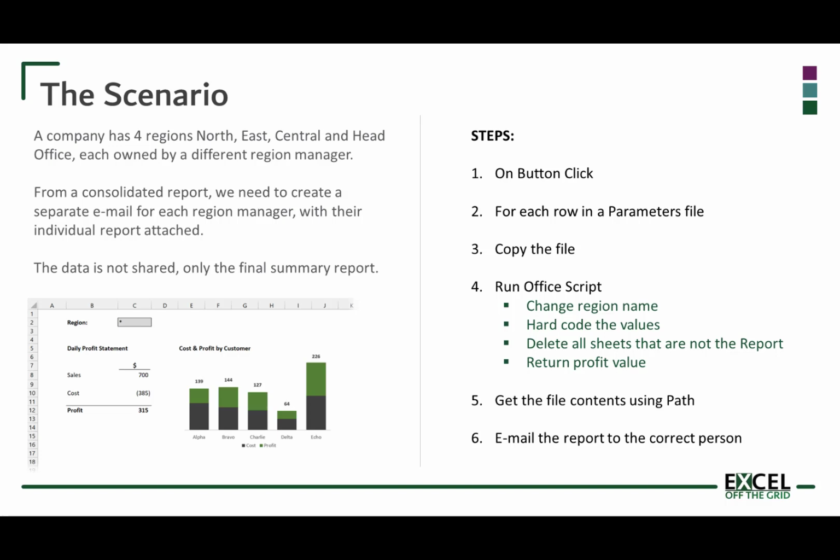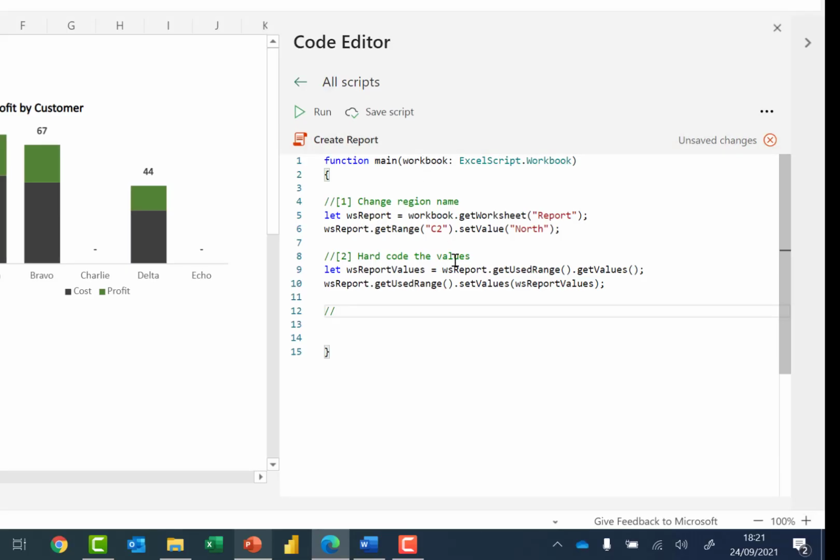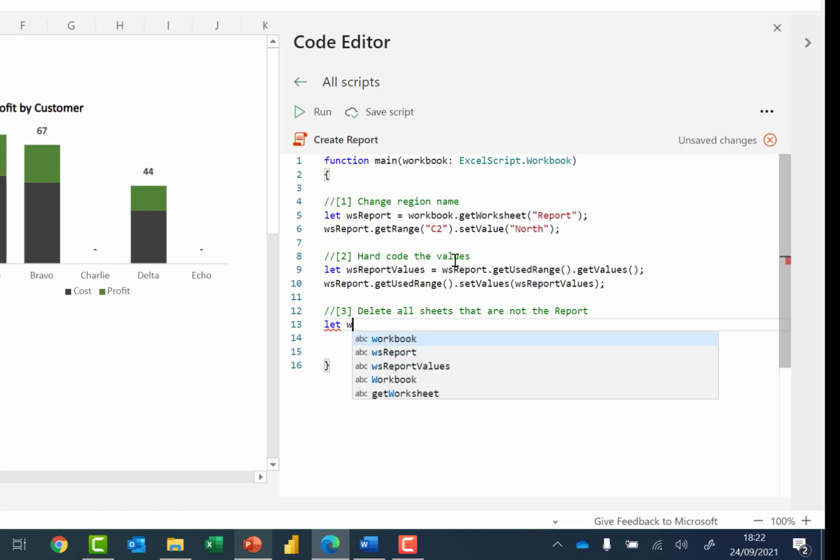So step 3 was to delete all the sheets that are not the report sheet. So again, another comment. Delete all sheets that are not the report. For this, we're going to use a for each loop. So that means we'll loop through every worksheet within our workbook. First of all, let's just create a variable to hold all of our worksheets. So let worksheet array equals workbook